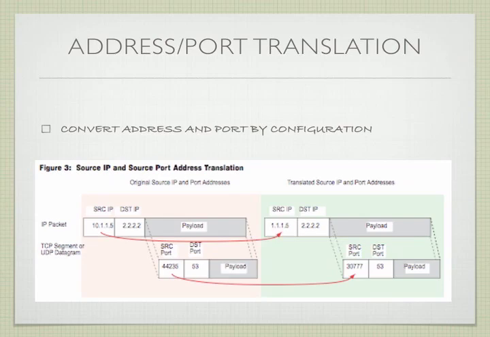We also see in this case that the source port, the random port 44,235, is also being translated to port 30,777. The destination port is 53, a DNS request, and that of course has to remain the same for the request to go through correctly. So in this case, we're assigning a random port and an IP address to be able to have this routable